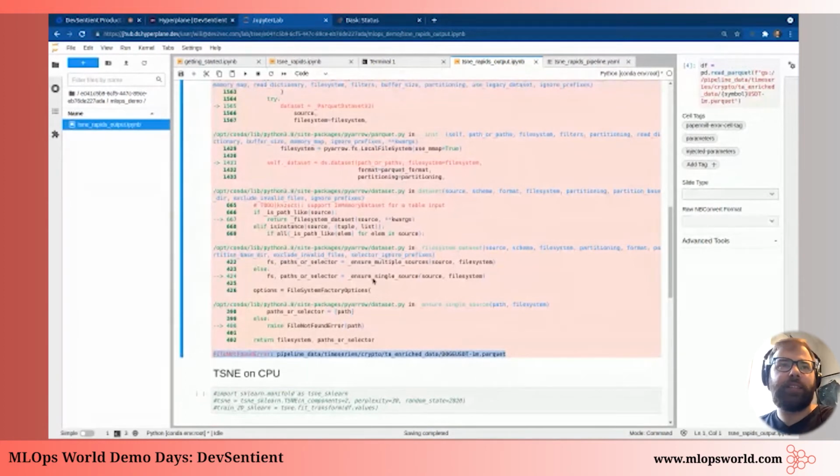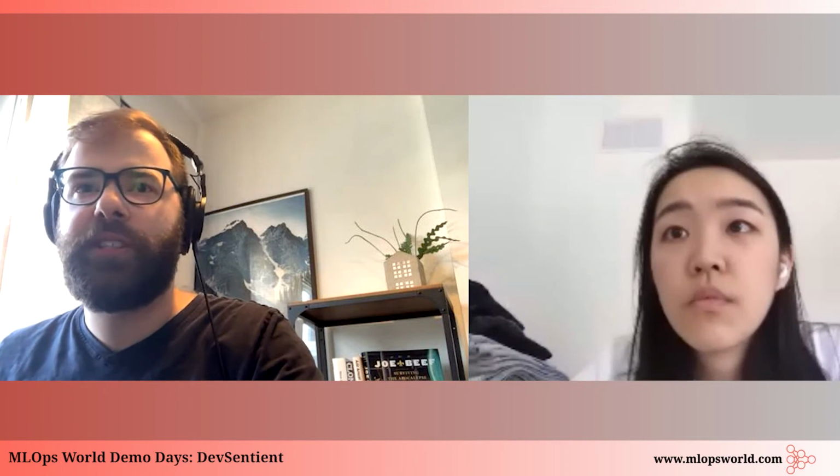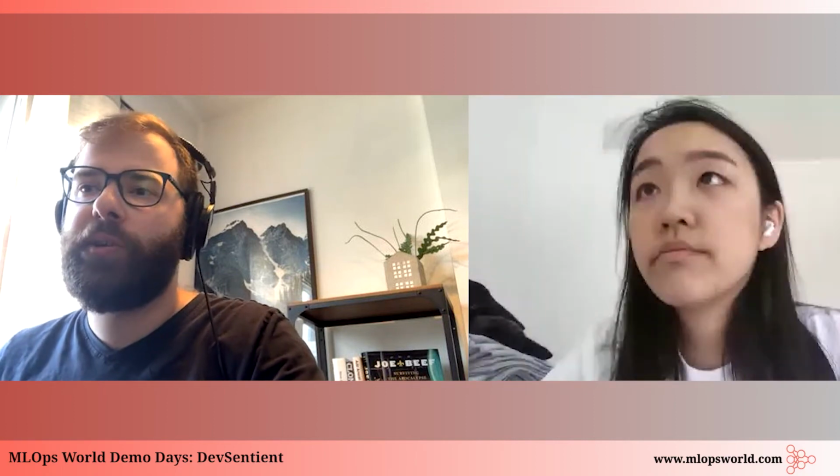And that's pretty much it in terms of getting up and running on Hyperplane, how easy it is to spin up a cluster, to work with advanced GPU accelerated libraries like NVIDIA Rapids, and how to easily automate and submit these notebooks as jobs via either our UI or via an API call. So next, I'm going to turn it over to Christine, who is going to show you how to run a service in Hyperplane.